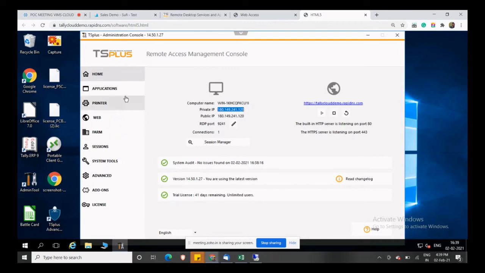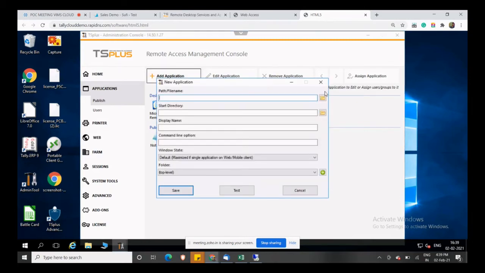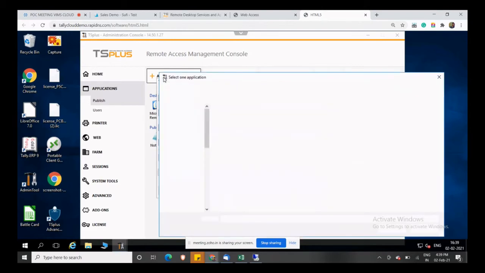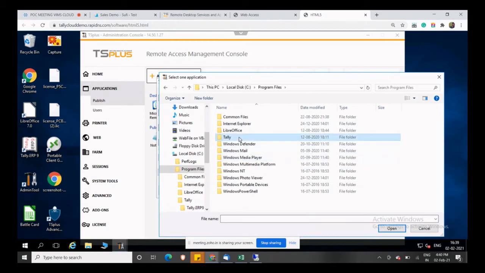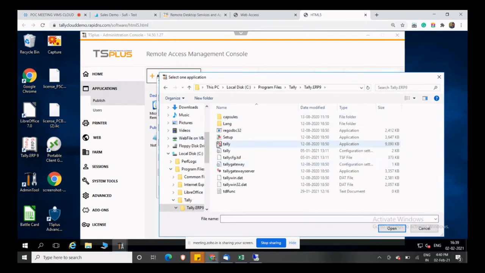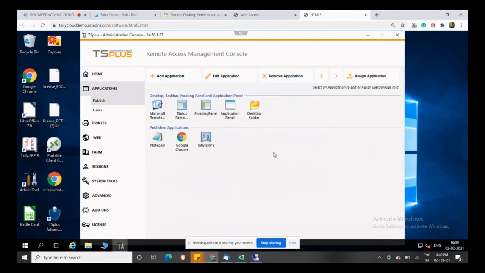This is the dedicated IP address for this virtual machine. Here is the application publishing option. For example, if you want to give application access, first you have to install it on the server, then you can add the application via this option. For example, for ERP application access, whatever files you install on the server go to local disk C in program files. You will have to add the path of that particular application directory.